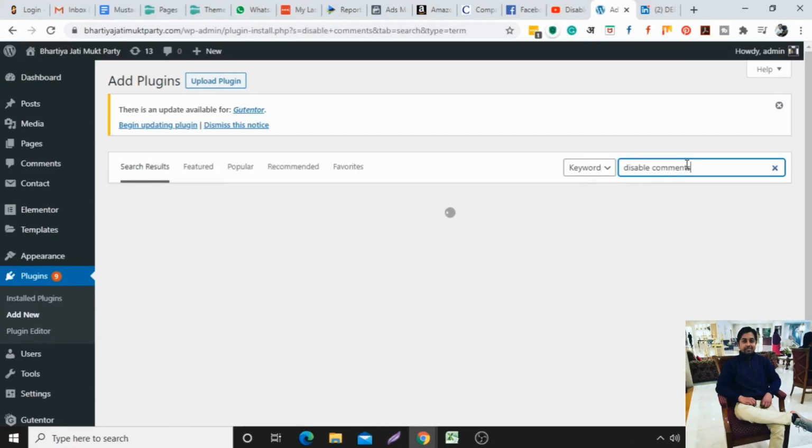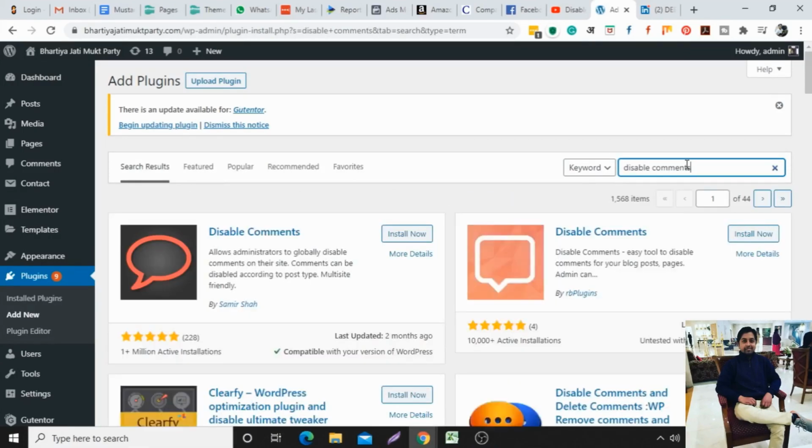Just look for this plugin. Now the first plugin itself, we will use the first plugin itself. Click on install now and then activate it. Okay, now the plugin has been installed. I am activating it.